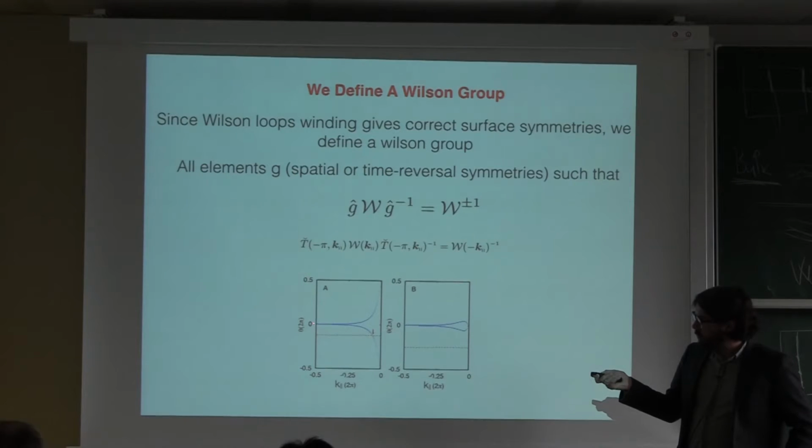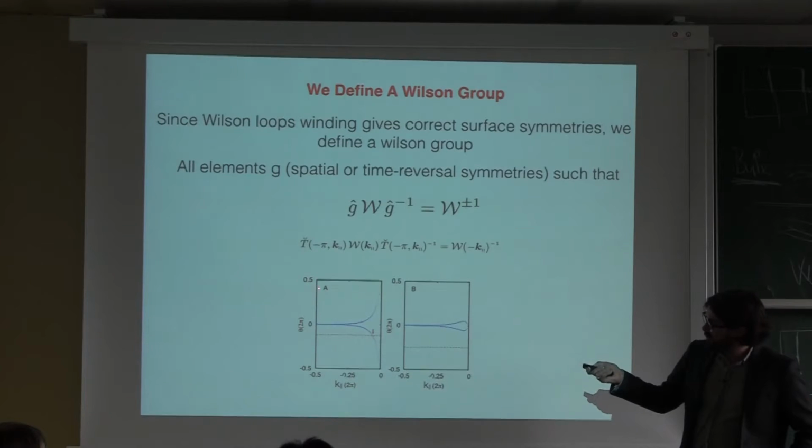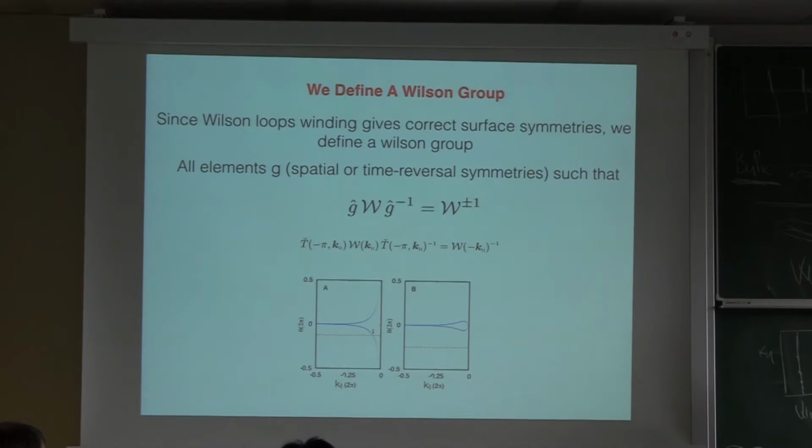So you might wonder why are they degenerate here and degenerate here. I remind you that minus 0.5 is equal to 0.5 because the eigenvalues of the Wilson loop are 2 pi periodic. The reason why they're degenerate here and here is that time reversal also applies on the Wilson loop. Just like it applies on the Hamiltonian, the symmetries of the system are already included in the Wilson loop. So here you got a Kramers degeneracy in the Wilson loop, and here you got a Kramers degeneracy in the Wilson loop. Okay? So this is exactly like a neater way of just doing the edge spectrum.